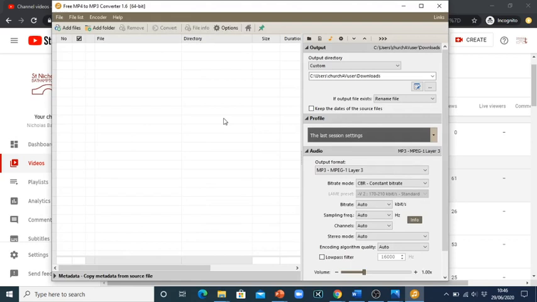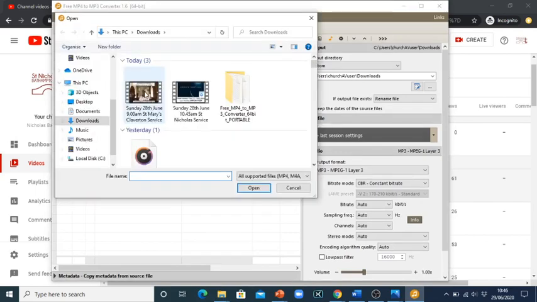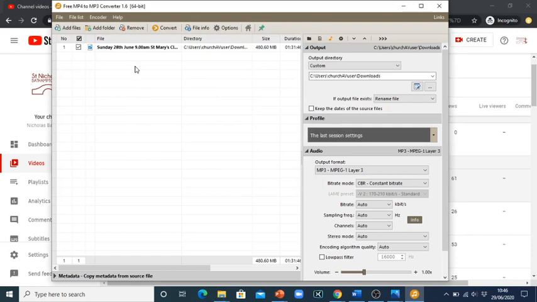And when it opens up, don't worry too much about any of the settings, but add a file and add the whole service. I'm going to use the Mary's service. So what this does is it converts it from a video into an audio. So once it's there, click convert,